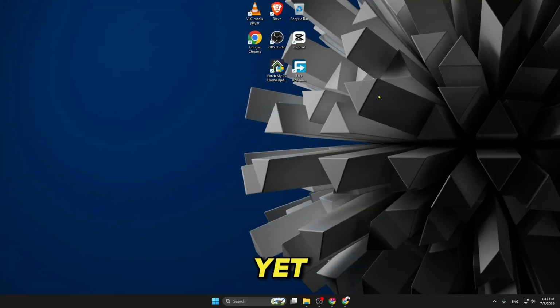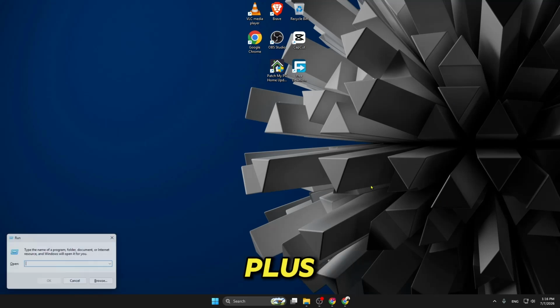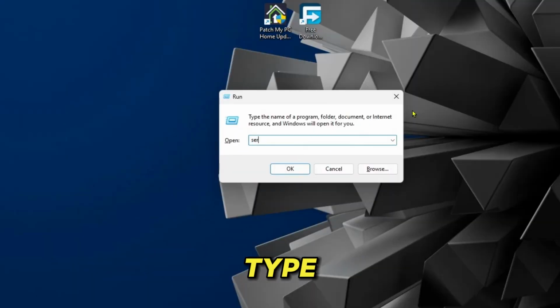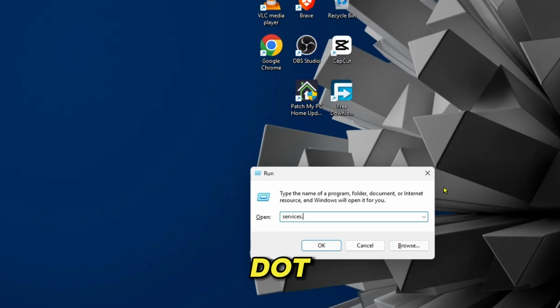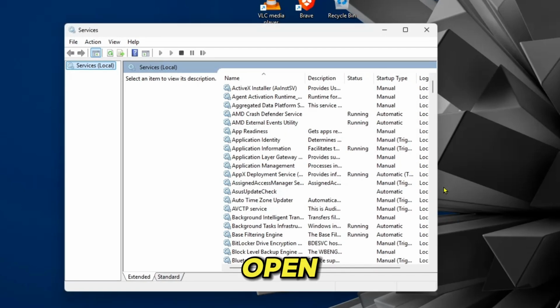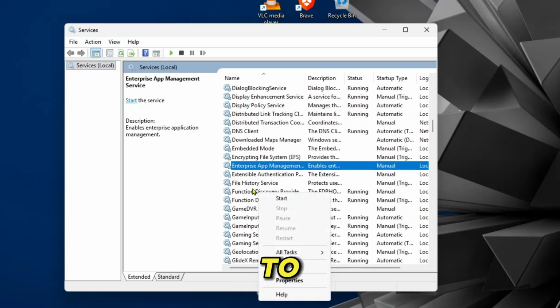If it's not solved yet, you can simply press Windows plus R on your keyboard. It is going to open Run, and here you can simply type services.msc and press Enter. It is going to open the Windows Services Center, and from here you're going to find